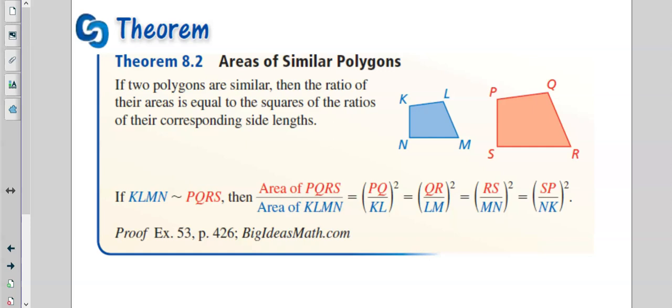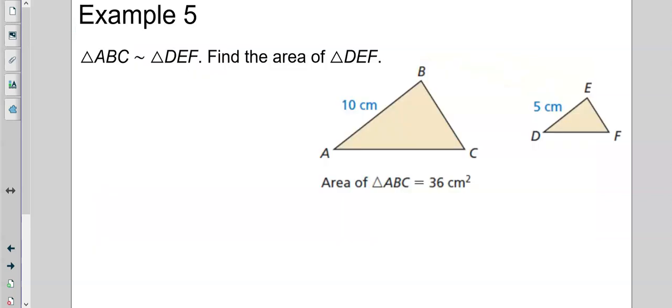Areas of similar polygons. Now, this is a little bit different. Okay? It says if two polygons are similar, these two are similar, then the ratio of their areas is equal to the square of the ratios of their corresponding side lengths. So whatever this proportion is, we need to square it for area. All right, so A, B, C, D, E, F. Okay? So they're lined up the same way, right? So what we're going to do is we're going to take that proportion,